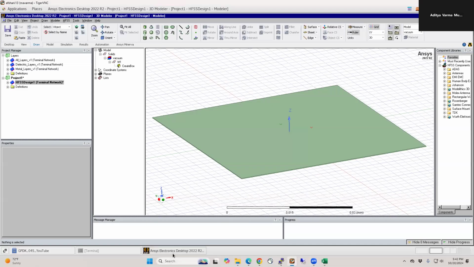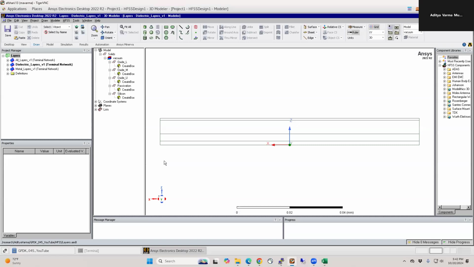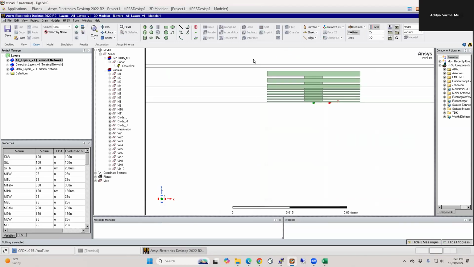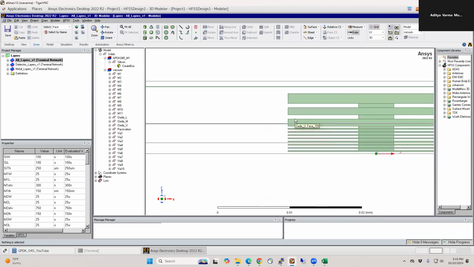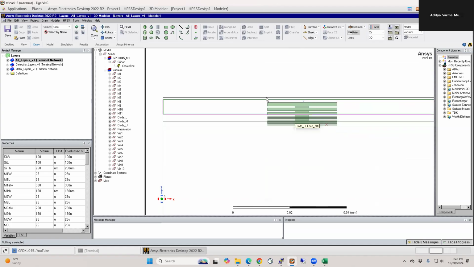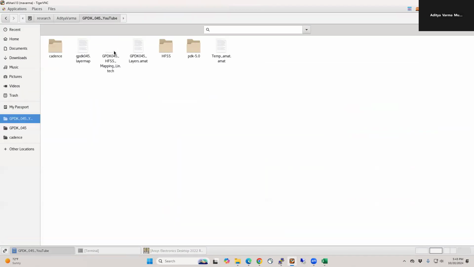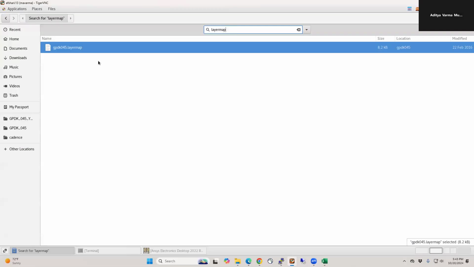The other file that we need to generate is, so let me actually delete this. We don't need this. So here I have, for example, all the dielectric and metal layers included. So I'll upload even this HFSS file that you can use as part of the resources on the website. Okay. So now that we have that, the last file that we need is the tech file. So in order to generate the tech file, you need this layer mapping file, and that is also in the PDK. So you can go into the PDK and then just say layer map, and then you should be able